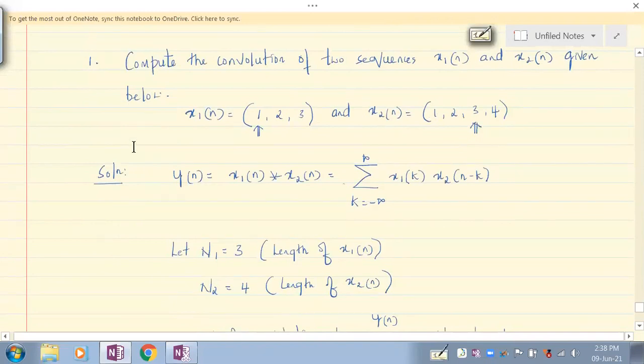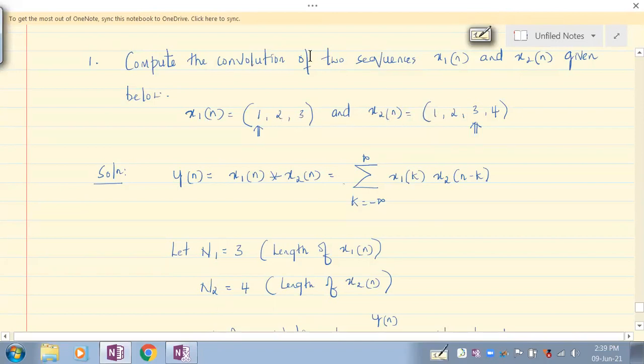So in the solution, we have to first write the equation for convolution sum, which happens to be this. We have got 2 signals or sequences, and we are obtaining the convolution sum of that. So convolution sum of x1 of n and x2 of n would be given by this. This equation we have seen earlier itself. How to obtain this, we have seen, we have derived this. Now, this is the information that we have gathered about the input sequences.